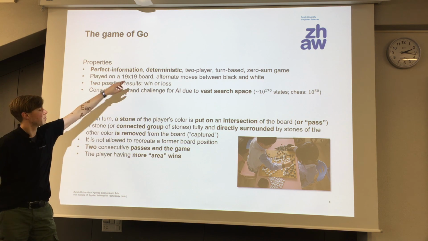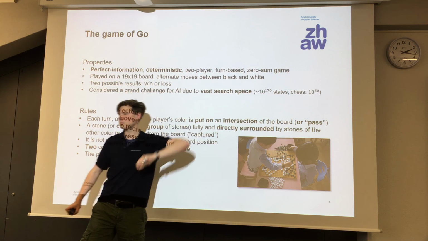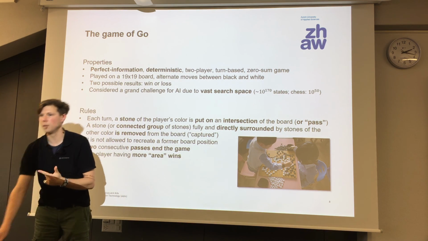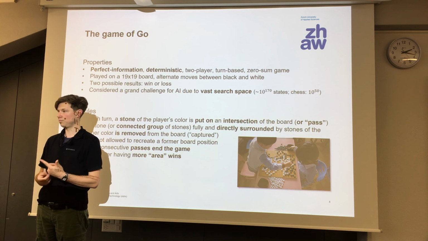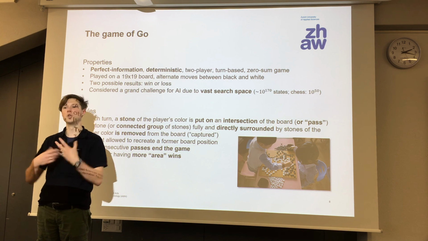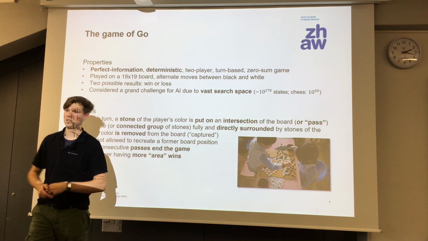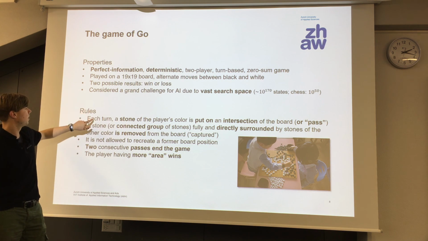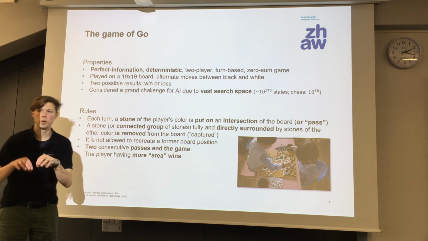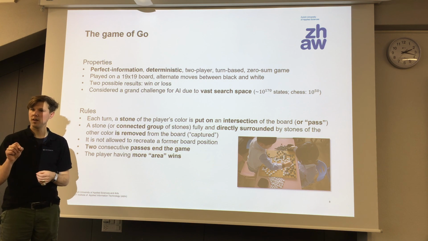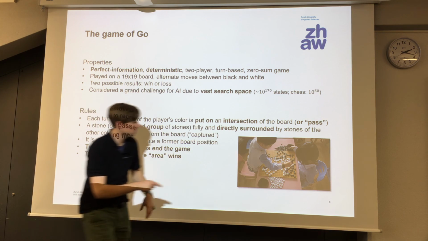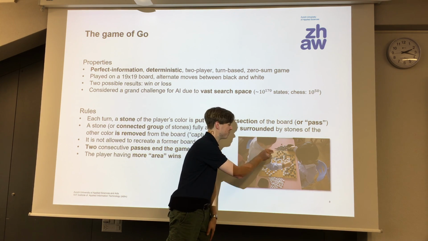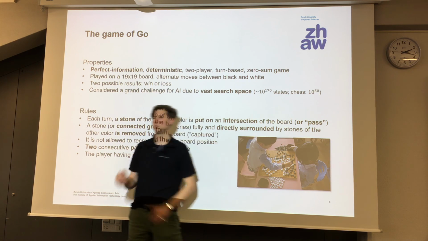A good thing is, it's two stones, blacks and whites. Two players play alternating. There are only two possible outcomes. There's no draw, it's either win or lose. That makes it quite easy for machine learning. There's no third state, it's binary in the end. And the rules are as such. Each turn, it's one player's turn, he takes a stone and puts it at some junction on the board. You see here, there's a grid, and you can put a stone on any free junction. You can choose which one.